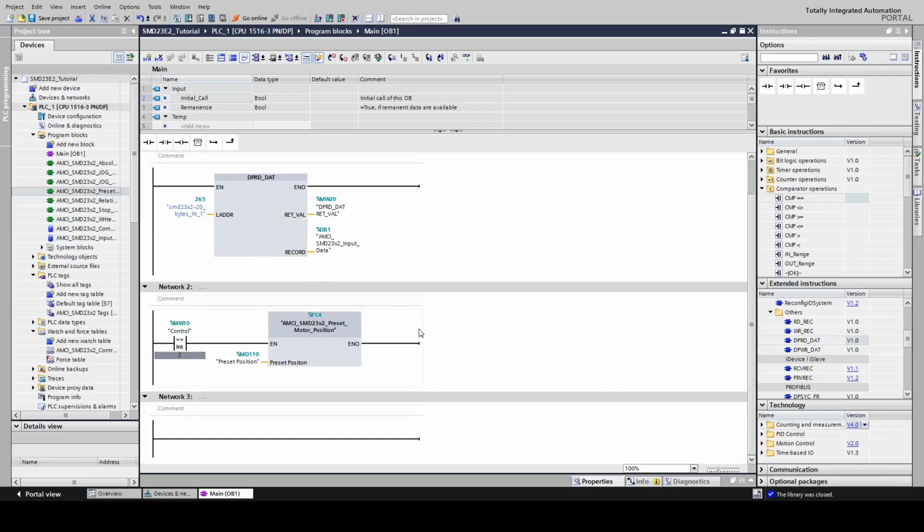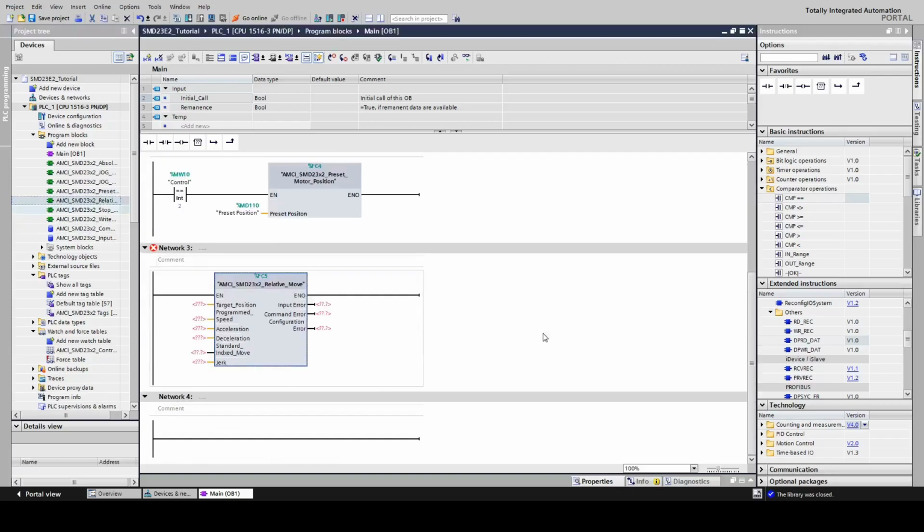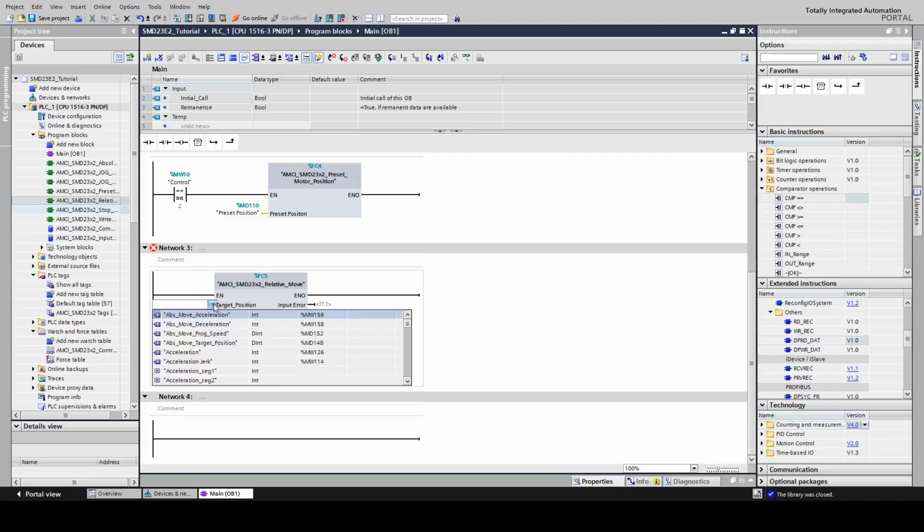Next, let's say I'm going to drag and drop the relative move. Okay, we have a little bit more parameters for this one. So input parameters, of course, are target position, program speed, acceleration, deceleration, and so on and so forth. As I said, now it comes in handy that we have the predefined tags, so simply I can find, let's say, this is the relative move target position,